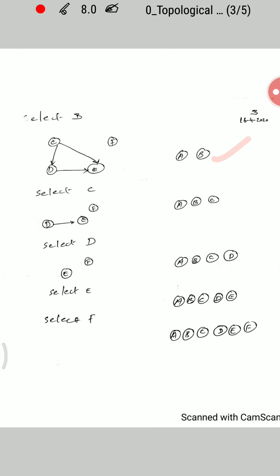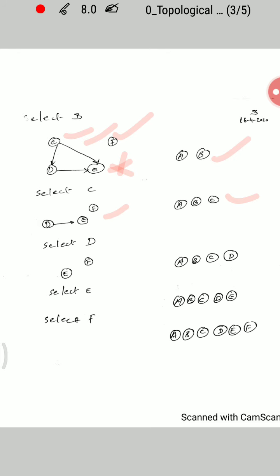In this graph, C and F have in degree equal to 0. You are selecting C, you are outputting C, you are getting a new graph.